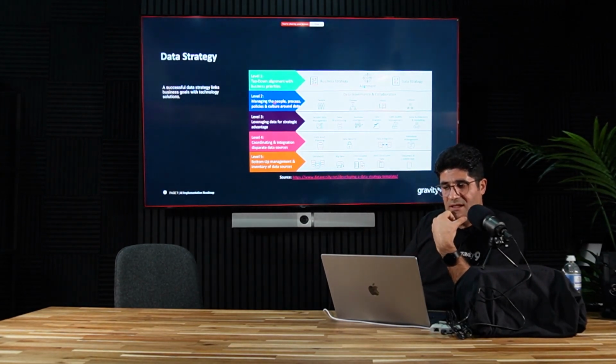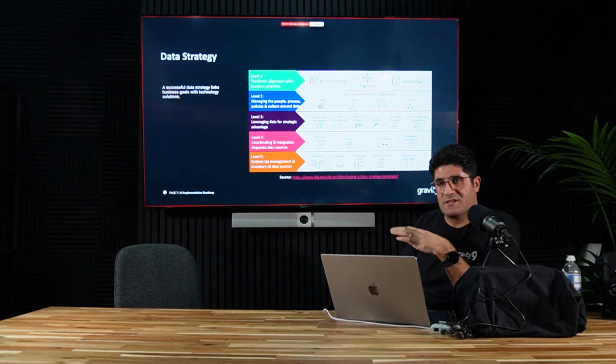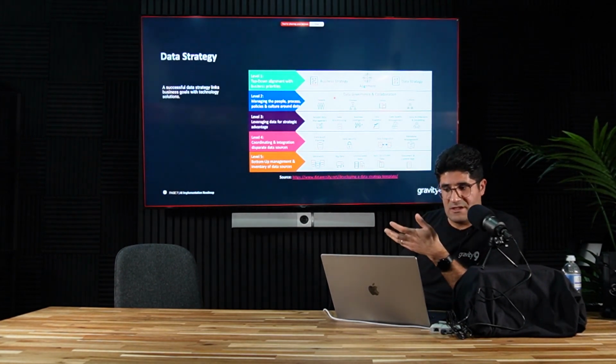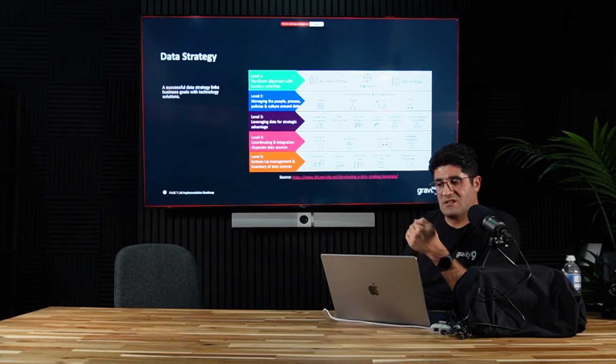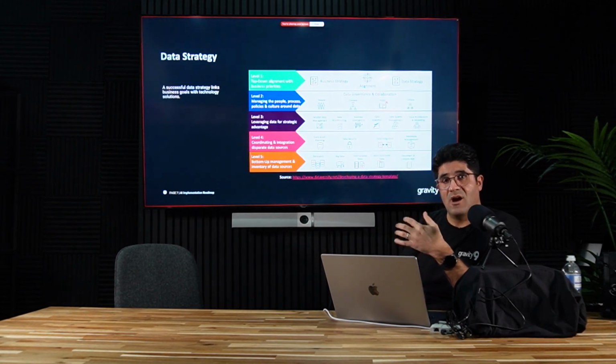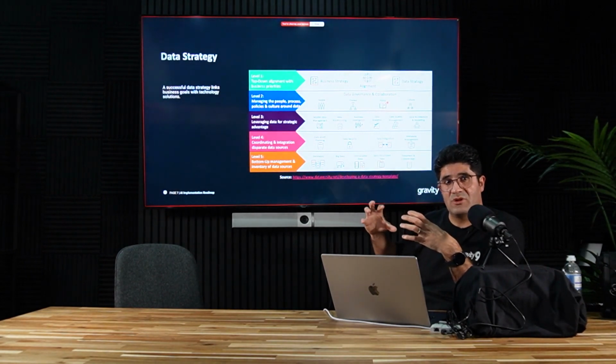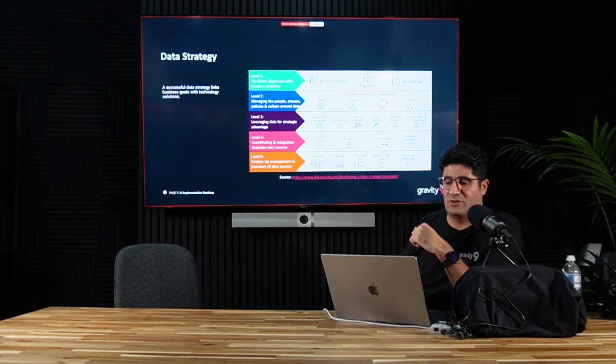But at the end, we have some people inside our organization with the processes, policies, and culture, and this is the main governance concept or element of data governance.